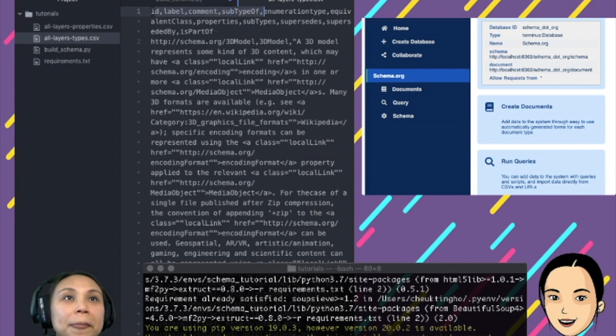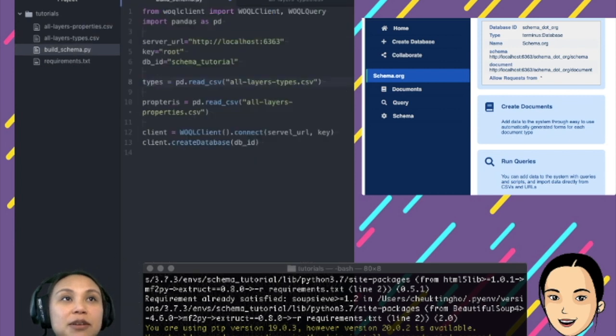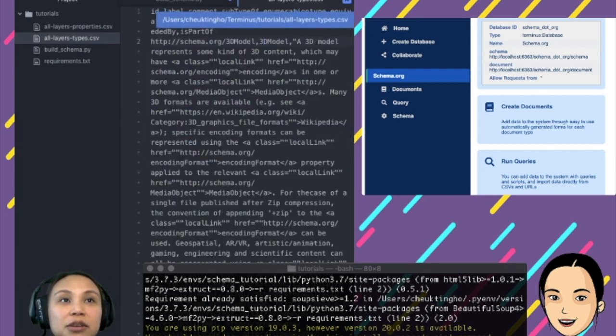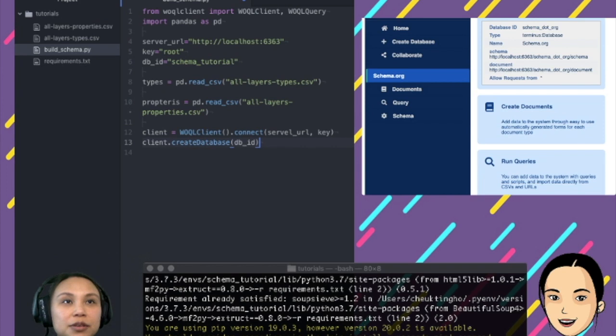The first row is ID, so we care about the ID and the label. Let me close this first, I don't want it to crash again. The label will be the name, so they will be the ID and name of these objects.